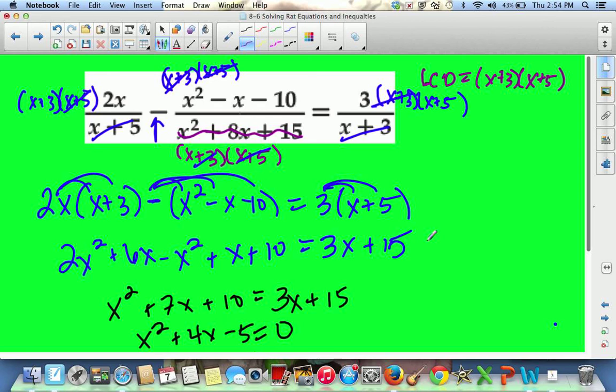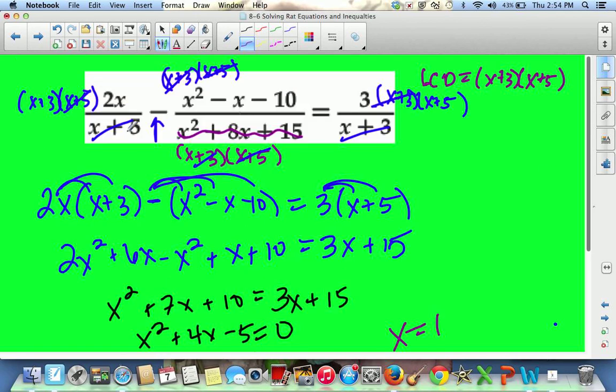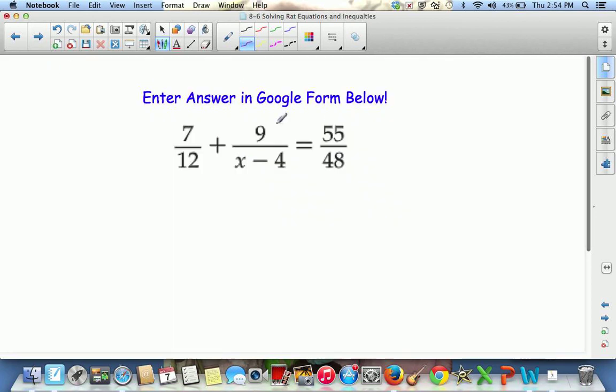Are they both going to work, or just one of them, or none of them? Right, it's going to be just x equals 1, because if we plug in a negative 5 here, we're going to get a 0 in the denominator, and right here as well. So that would be your final answer. I want you guys to go ahead and do this one in the Google form below. You should get a nice